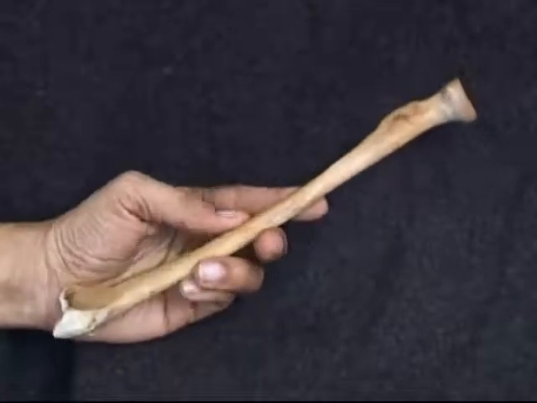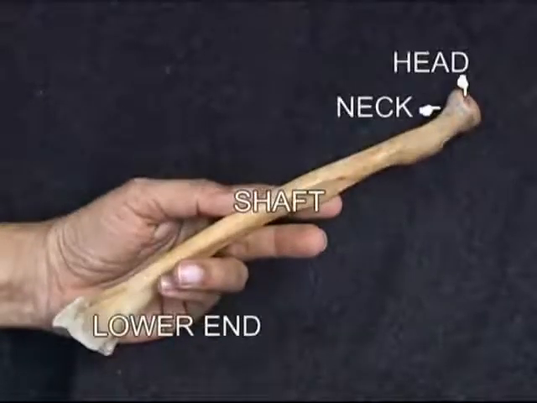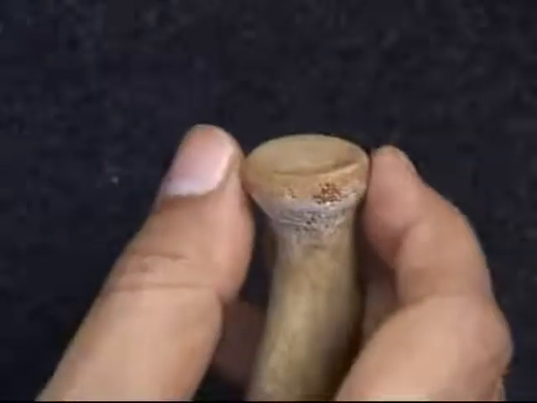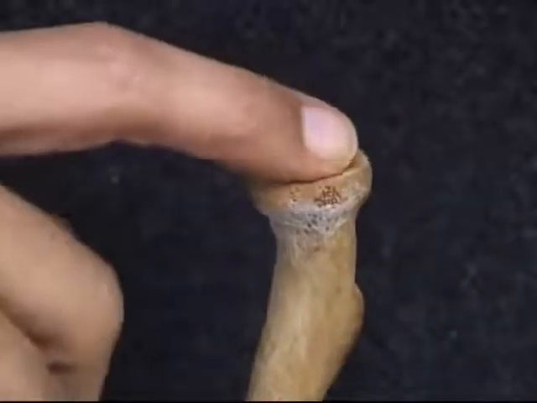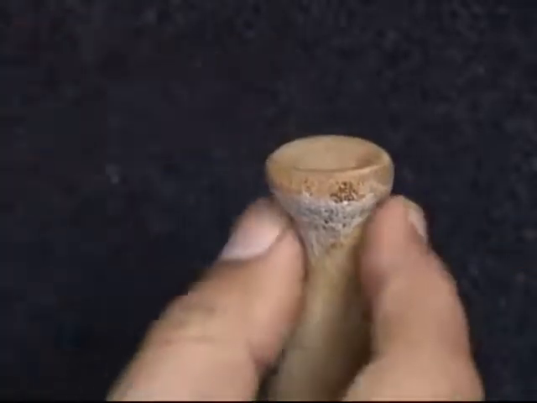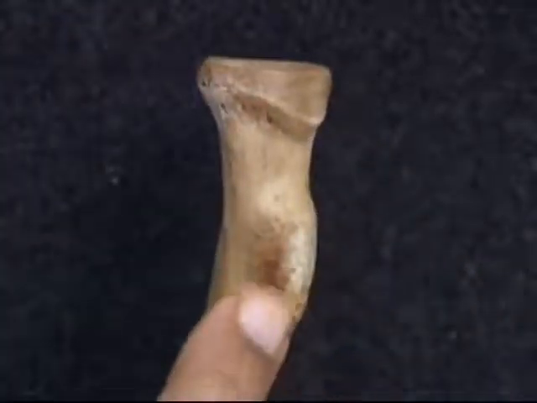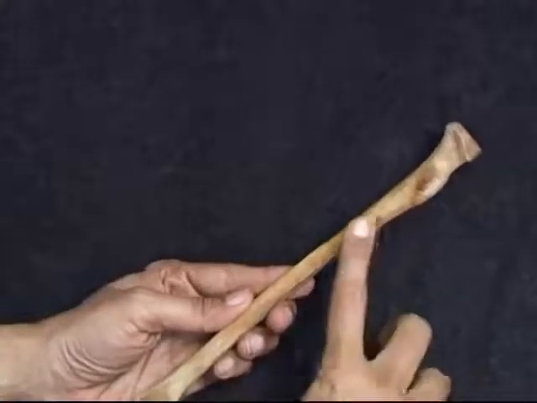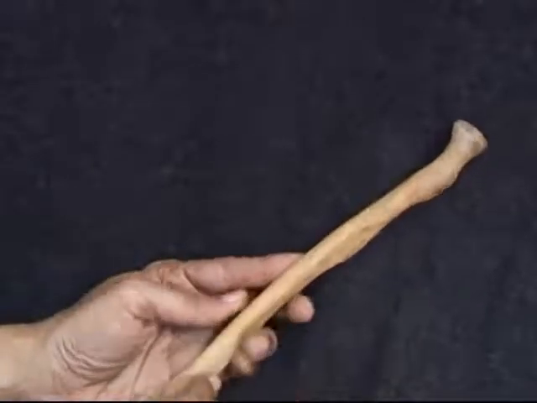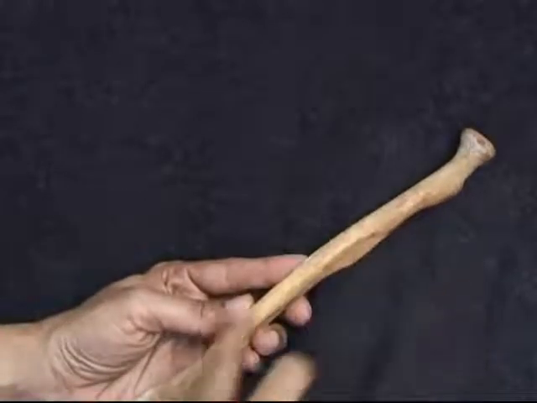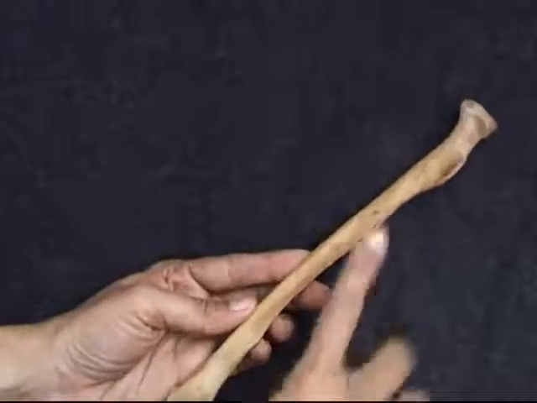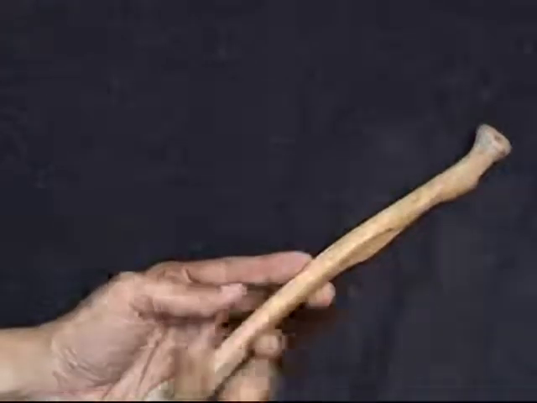Sir, this is the left radius. Head, neck, shaft, and lower end. This is the disc-shaped head, shallow cup-like upper surface, narrow neck, and radial tuberosity medially. The shaft has three borders: a sharp interosseous border medially, anterior border, and posterior border, and three surfaces: anterior, lateral,